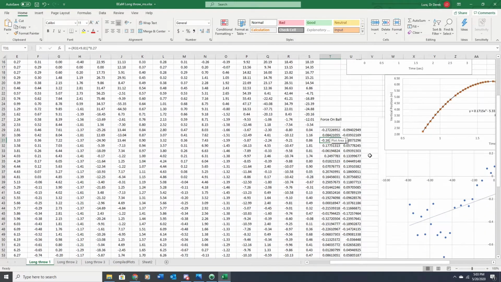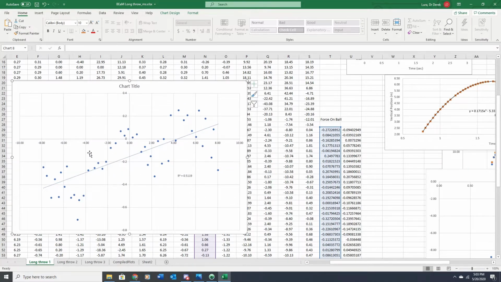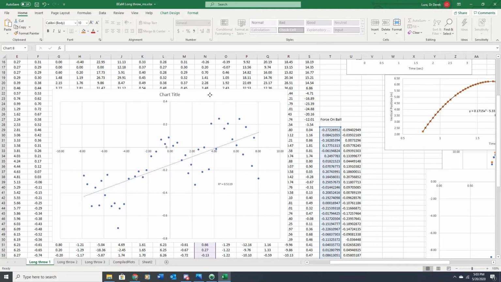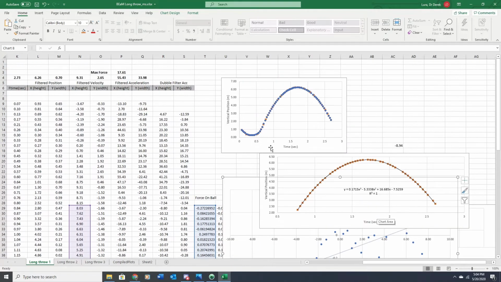However, when I calculated the frictional force, I tried plotting the frictional force versus the velocity of the ball, with the velocity of the ball on the horizontal axis and the frictional force on the z-axis. This data was very noisy, and so we didn't get a good approximation of what the frictional force was. There is a trend between the velocity and the friction, where there's a downward force on the ball as it's going up and an upward force on the ball as it's going down. But it was not super critical, and I think it partly is just because the frictional force inside this system is not very large,